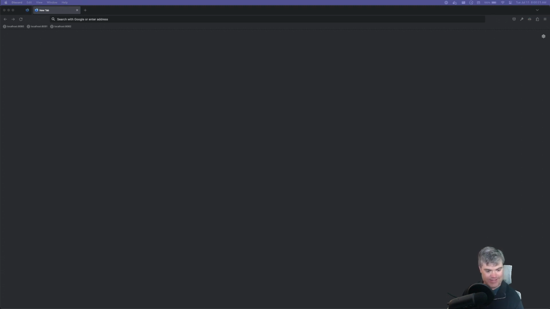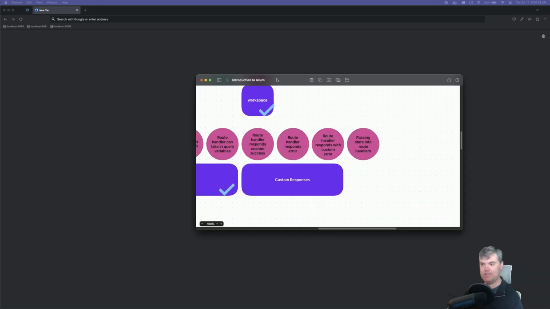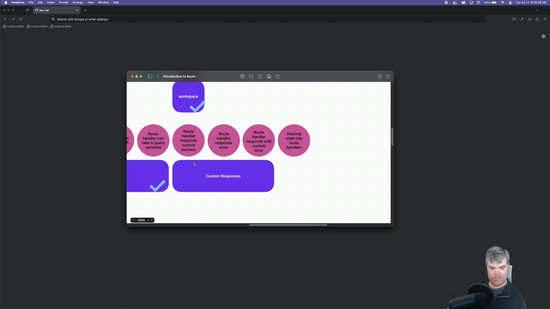All right, let's see where we are. What we've got. I believe that we're on this custom responses assessment, which I think means I created the repo for it.